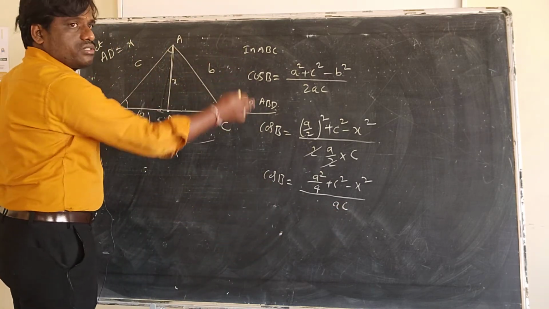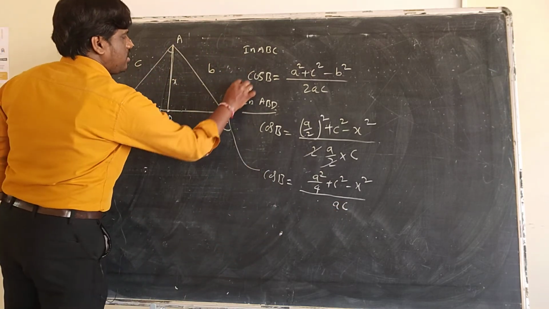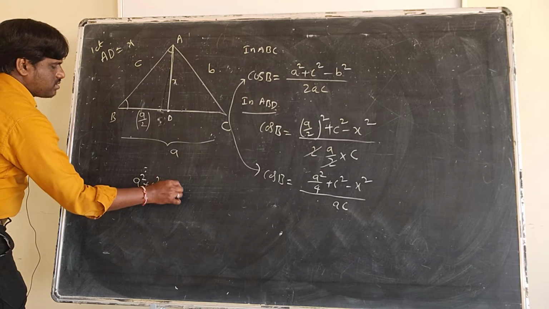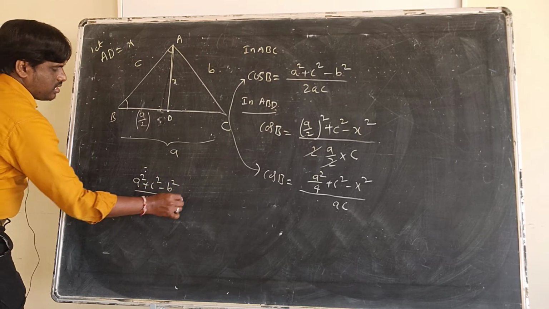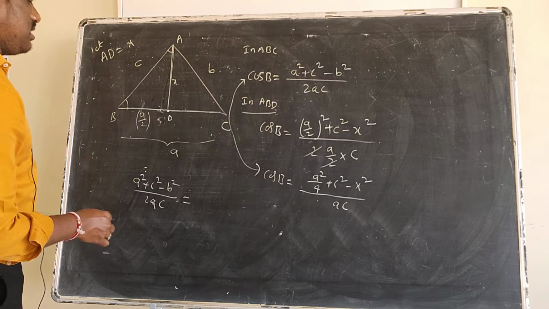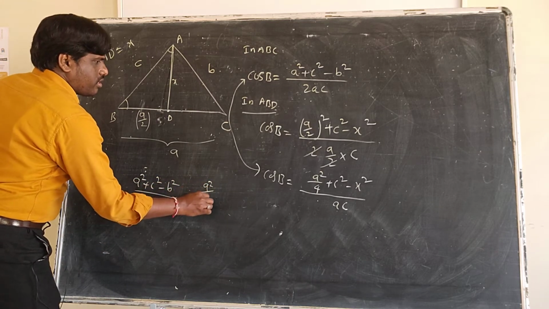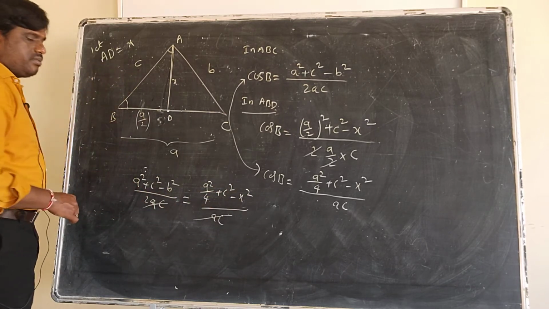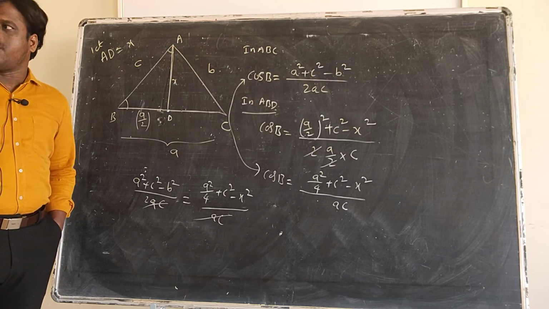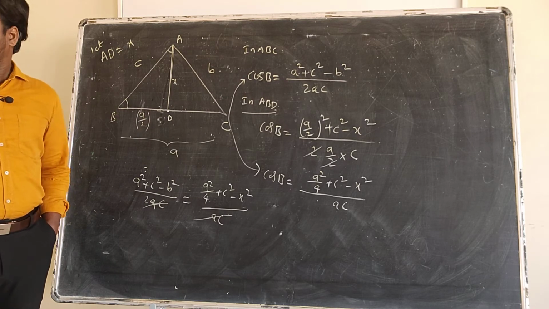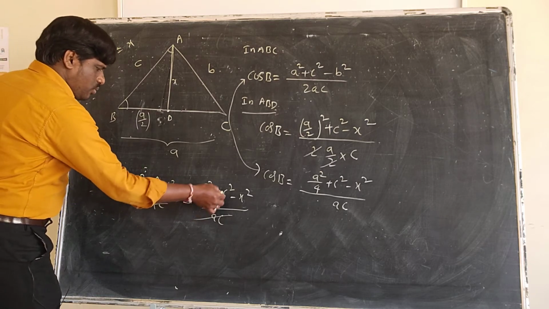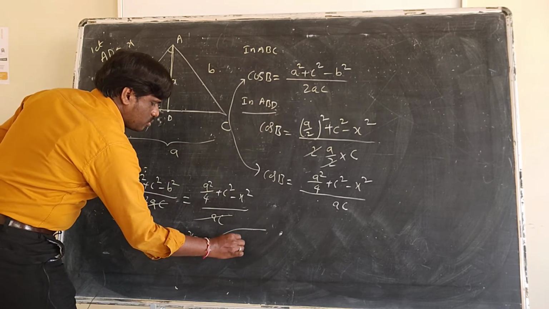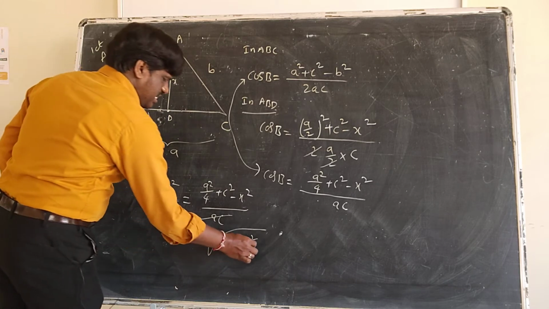Now you can equate these both. Cos B is equal to cos B. These both are equal. Equate them. So a square plus c square minus b square upon 2ac is equal to a square by 4 plus c square minus x square by ac. AC will be cancelled out. If you find the x square value, that formula only you will get. Which formula is there? Na? For x square, you just simplify this one. You do LCM here and simplify. So you get x value is under root of 2b square plus 2c square minus a square.